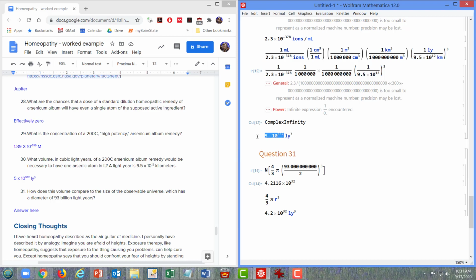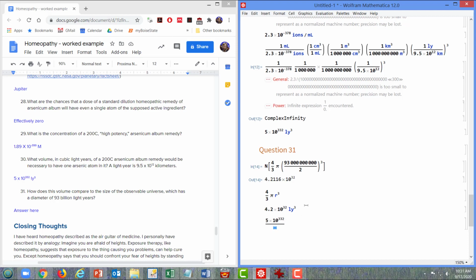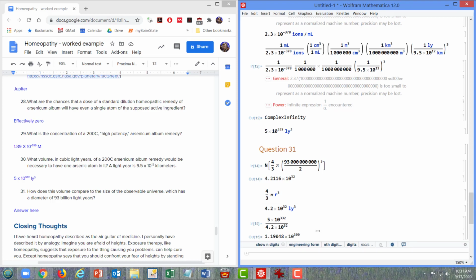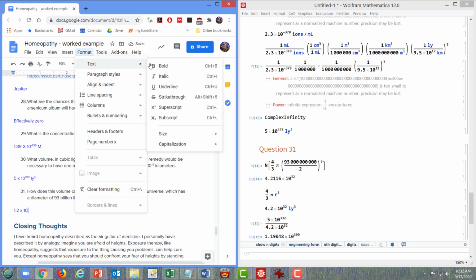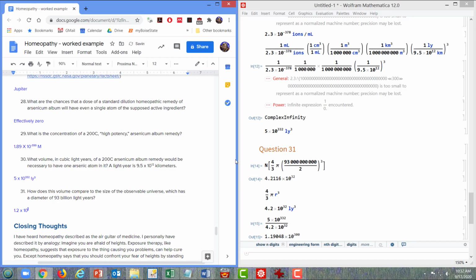So what is this divided by this? And we find that we have 1.2 times 10 to the 300